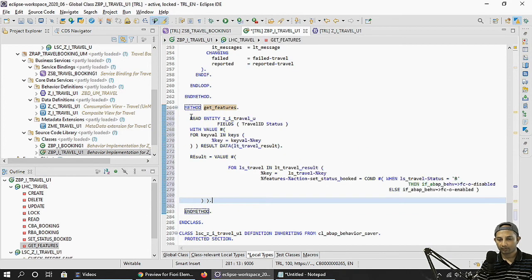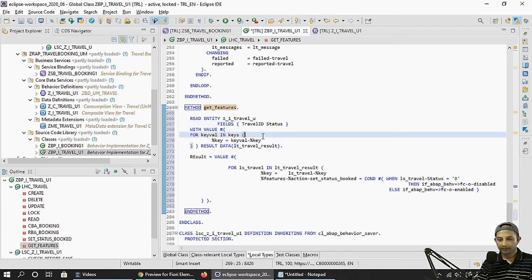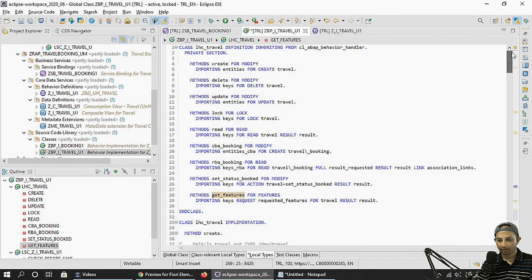What I am doing is using a special syntax called read entity. I'm reading the entity, which is a composite view, and I am reading the travel ID and the travel status. These two things I'm reading, for whatever keys are coming into this method, because this particular method has a parameter called keys.